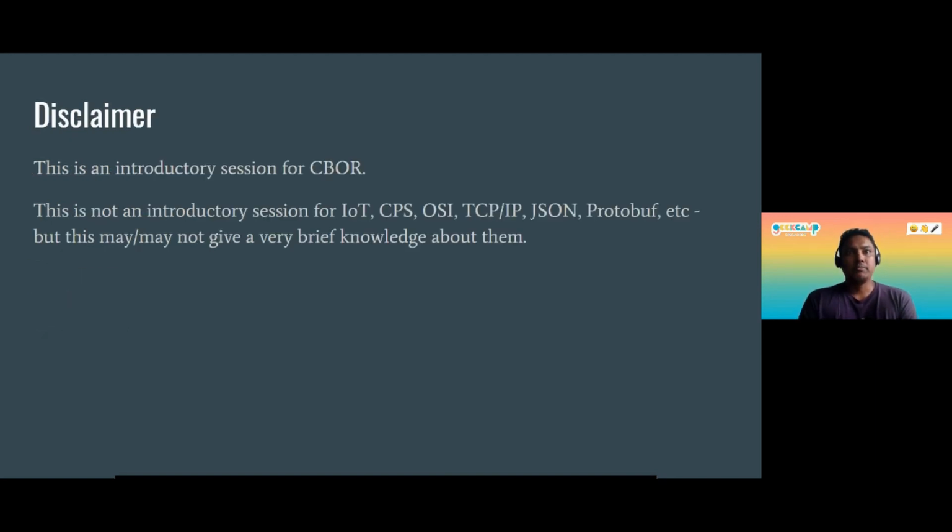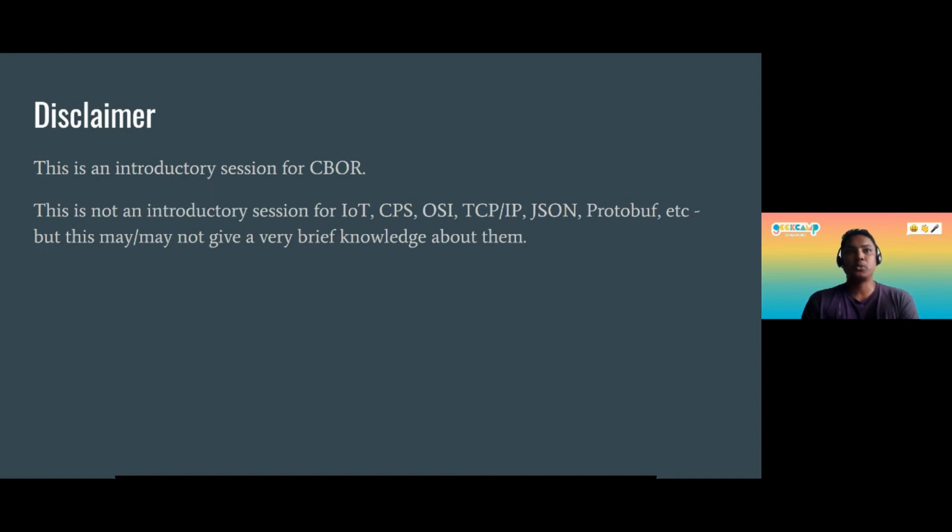So the disclaimer is this is going to be an introductory session for CBOR. Throughout these years, what I have felt is that whenever we do IoT implementations, most people are not really aware of CBOR. Even the well-known cloud technologies that provide support for IoT don't give proper CBOR support.